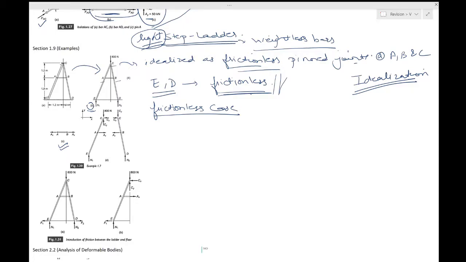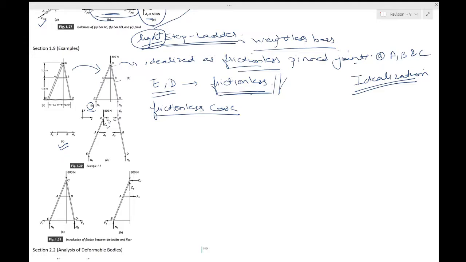So obviously with C itself you cannot find the value of Ax, which is your desired force in the link AB. Now you want to isolate the other parts. The first parts which you can isolate are these two parts, the legs of the ladder. So the pin force at C is represented by the unknown components Cx and Cy. So this is due to the pin. Okay, 800 is already shown to us over here,